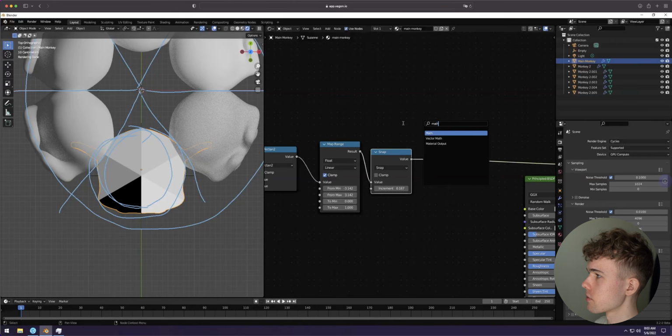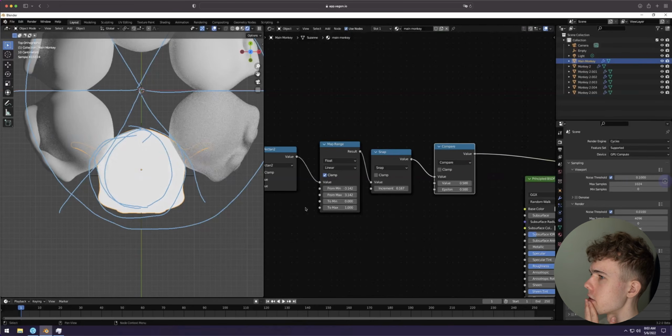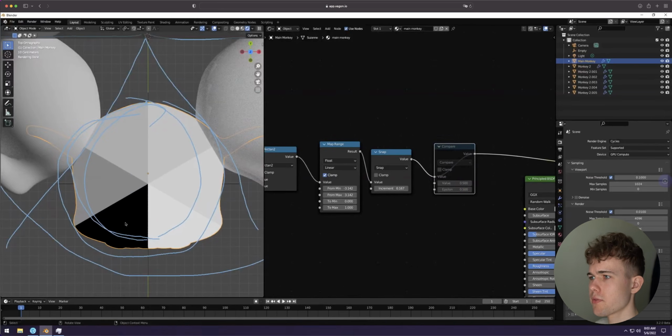I'm gonna use another math node, of course. Everything is math. Compare. Okay, I'm gonna disable this one. So this one has values of 0, this one has 1, and these are all in between. So I'm gonna basically compare